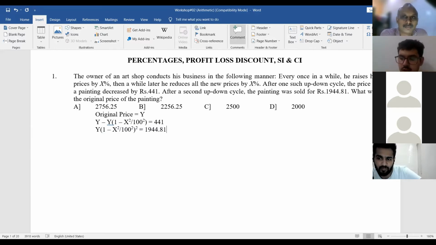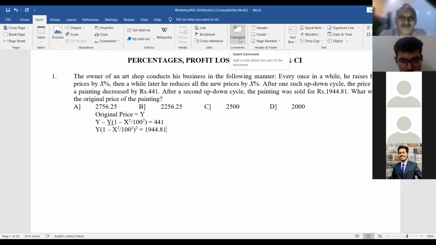Am I right? Sir, can't we do it directly, sir? We will substitute this value of 1 minus x square from the upper equation into the lower one, and y will come out directly. Okay. There is no need to find x, right? All right. But even then, I feel this is a pretty lengthy approach you have followed. I can do this question orally in 10 seconds without x or y. So we can eliminate options.